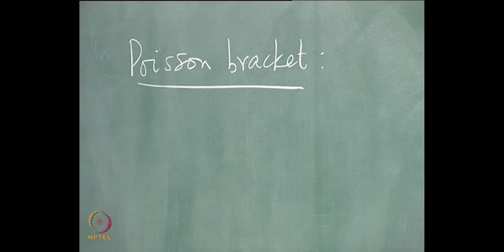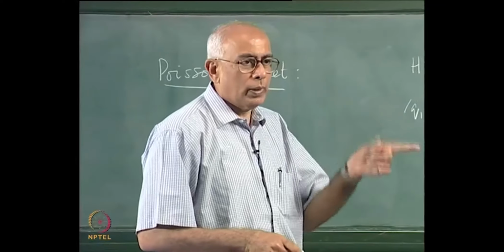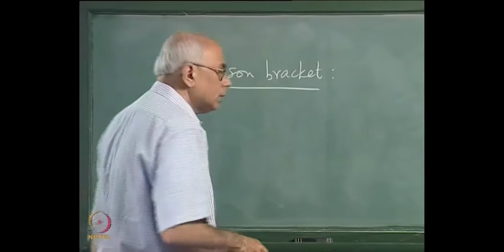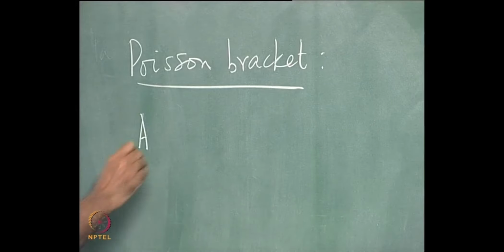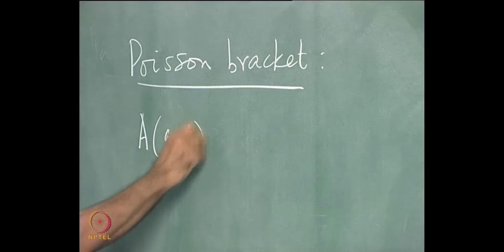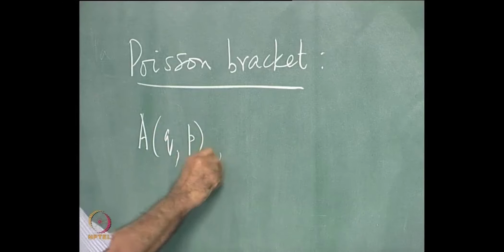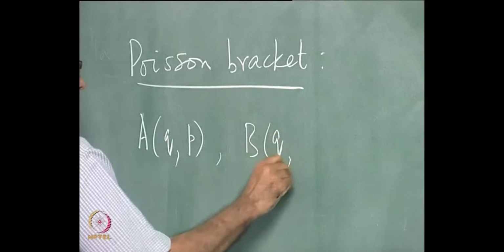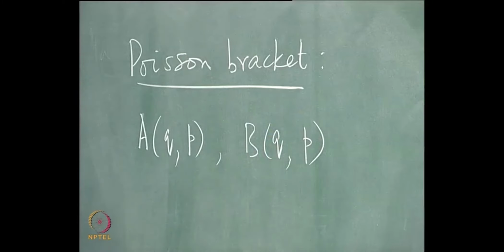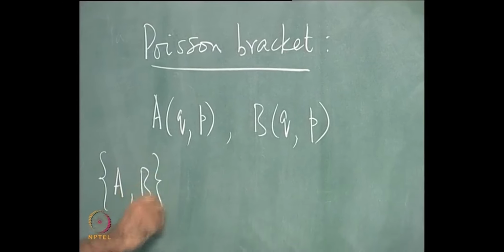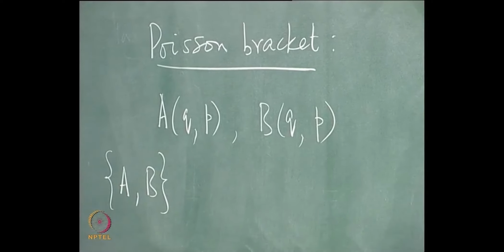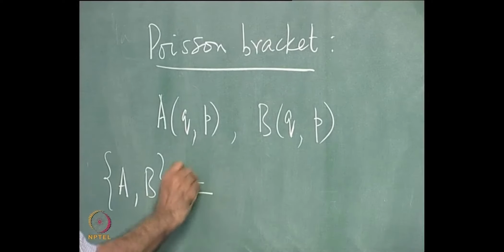Given the dynamical variables Q1 through Qn and P1 through Pn, if I look at any function of these dynamical variables, and let us call them A of Q and P, and any other function of all the dynamical variables B of Q and P, then the Poisson bracket of A with B is denoted by curly brackets A comma B, and by definition